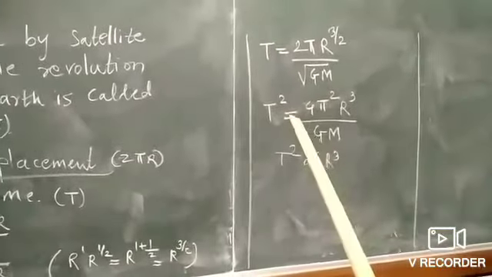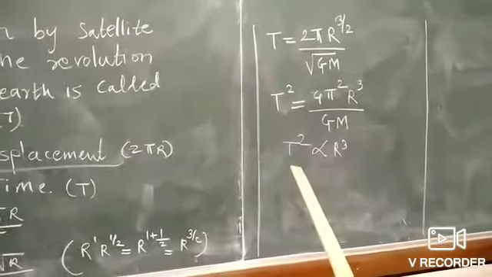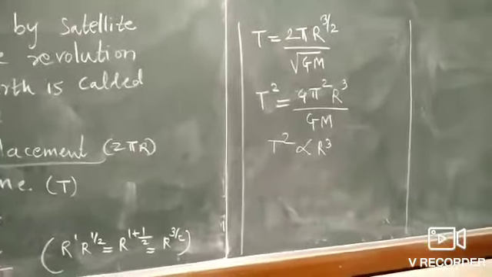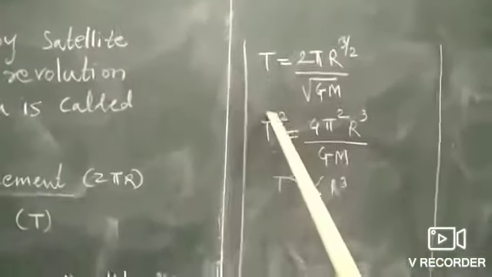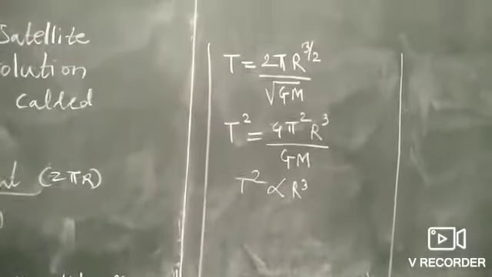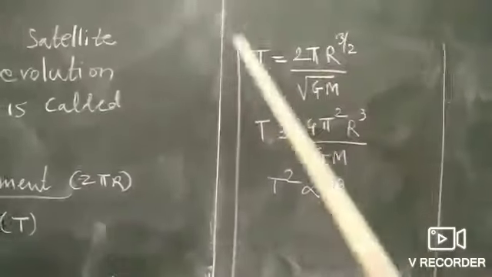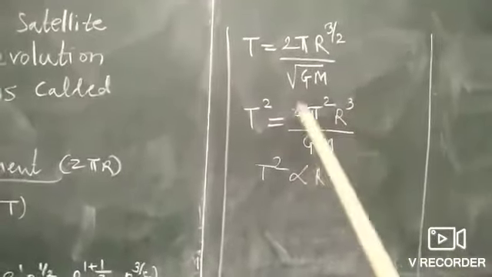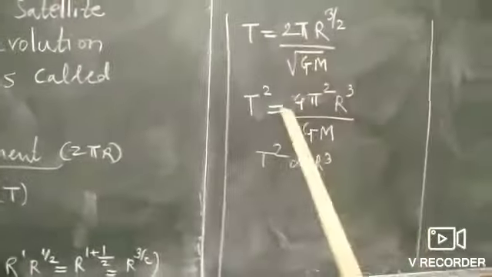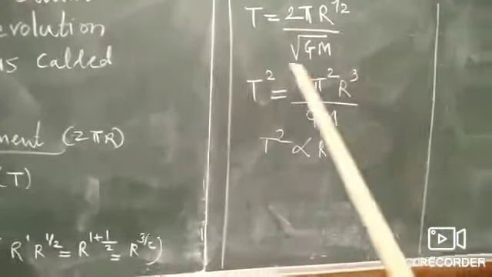Now we are going to prove Kepler's third law. As you know already, that is the law of periods: the square of the period of revolution is directly proportional to the cube of the semi-major axis. So how is it? Just try to understand. We have already got the equation for T. Now do the square of this, that is T squared is equal to 4 pi squared r raised to 3 by 2 squared. Here we were just squaring this term, so it is coming r raised to 3 only. Root of GM, we will get here GM. We have just done the square of this term. So here if we keep 4 pi squared upon GM as a constant, we will get the relation T squared is